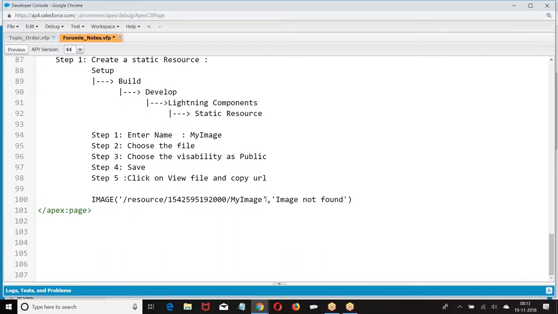I hope you are good with this. Okay. Now let us go to the next format.